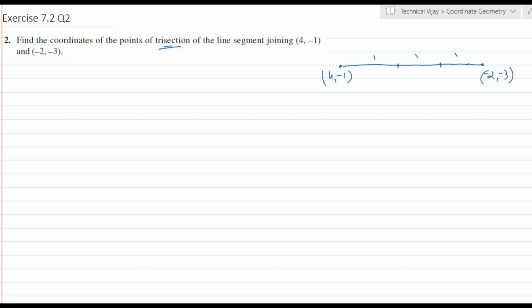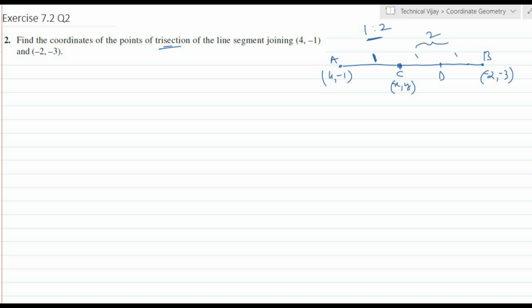So first we will see this is A, this is B, and point C and point D. So now we will calculate first this one, C coordinates. For calculating C coordinates, we will assume it as x comma y. So for C (x, y), this section will be 1 ratio, and this section from C to B will be 2, since 1 plus 1 is 2. So this is 1 is to 2 now. Like that we will calculate the C coordinates first.